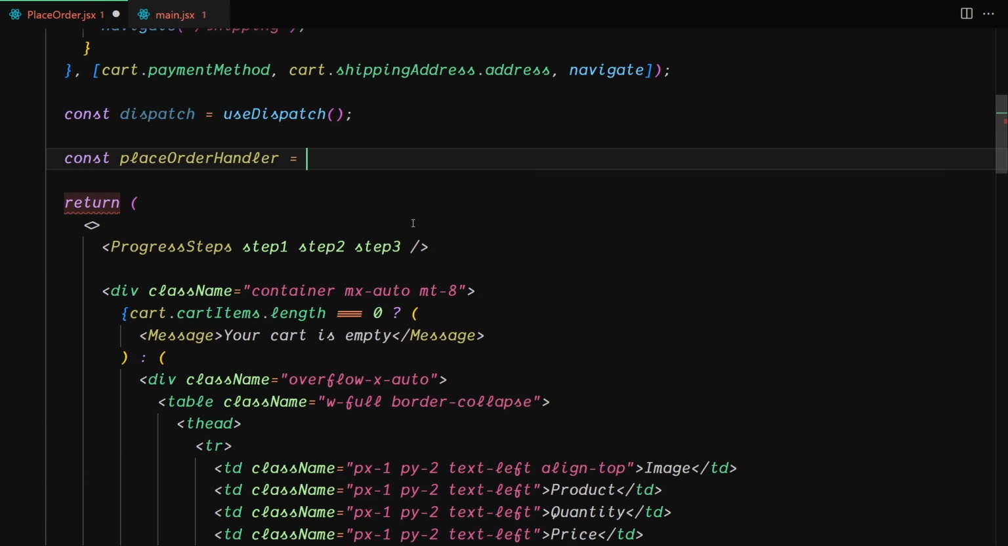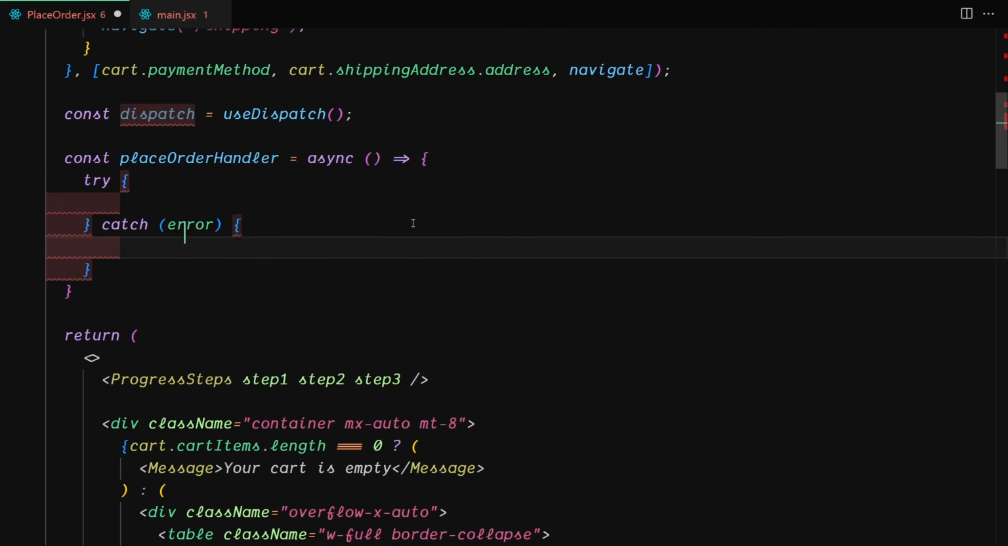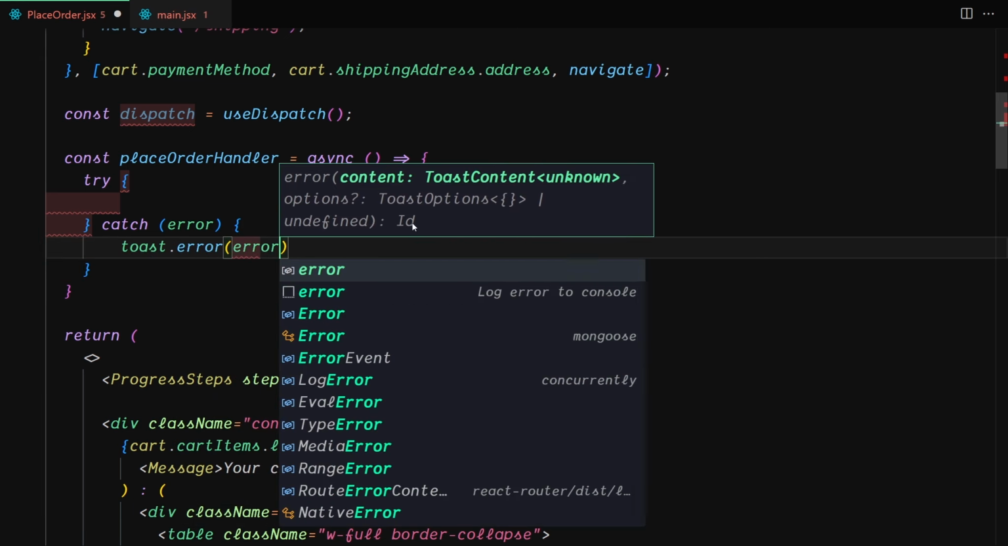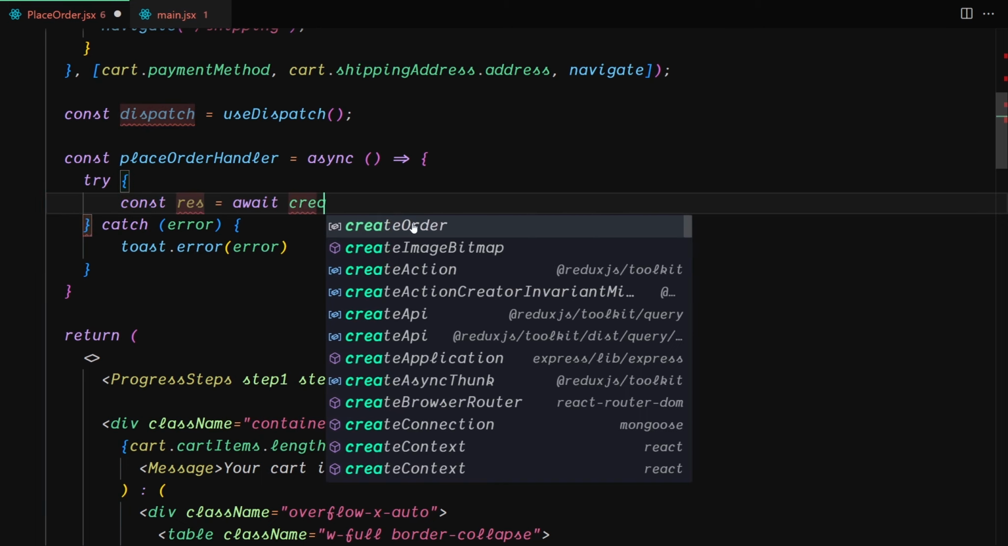I'm going to create it, but first of all it should be an asynchronous function, and inside there we're going to be using our try and catch block. For the catch block we are going to be using toast.error, and let's just specify the error which we are getting right here. And for the try block we are going to be getting the response, await and create the